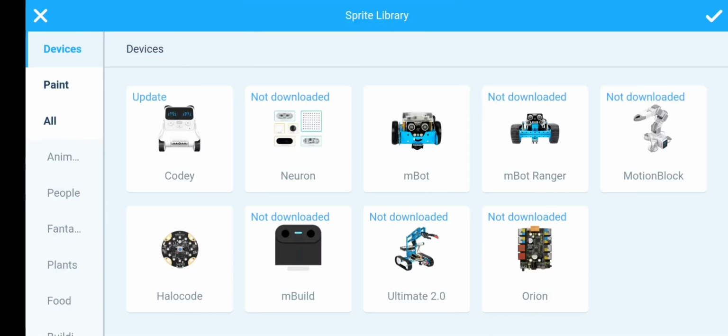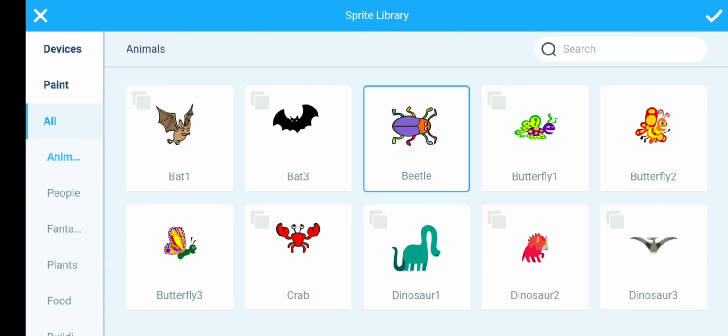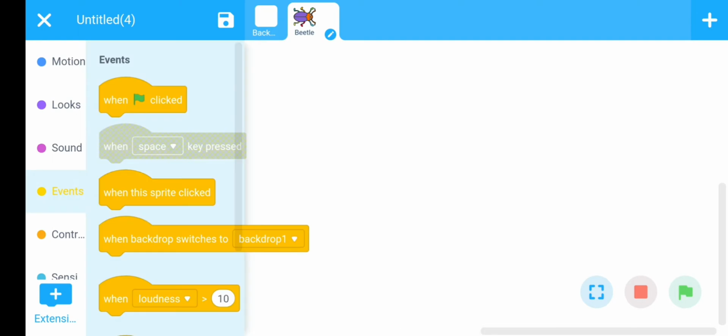Now here we want to add a sprite, that is the Beetle sprite. For this, go to the animal section and choose this sprite here. Now our first command is when clicked.